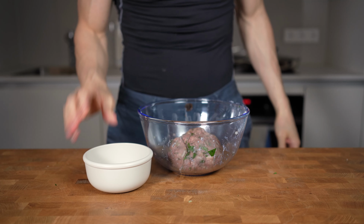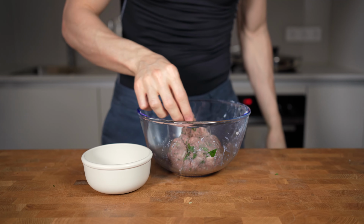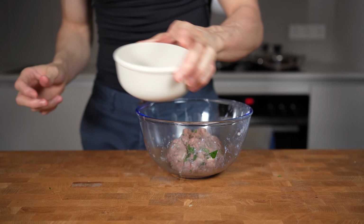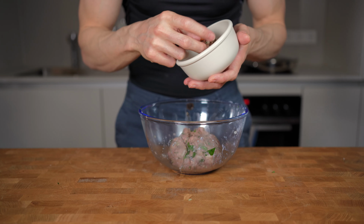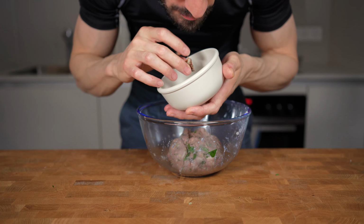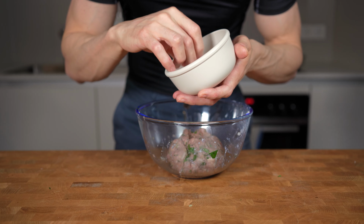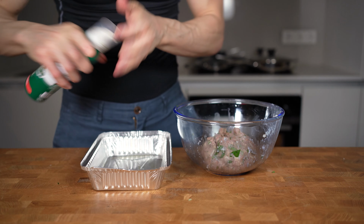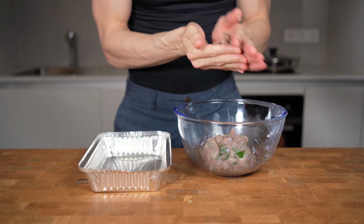Here's a simple trick to check the levels of seasoning of the meat before you actually cook this. I will take a microwave safe container and then I will pull a little bit of meat from the big ball, and this now gets into the microwave at high heat for 10 to 15 seconds. Now you can try this and add salt or pepper, and you don't have to wait until everything is done, perhaps getting completely under-seasoned meatballs. This is seasoned pretty well,